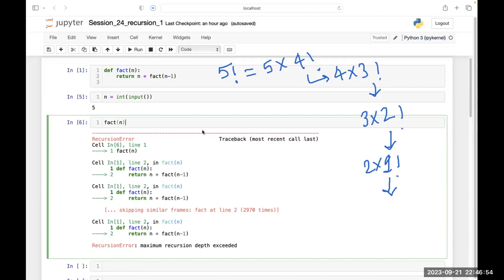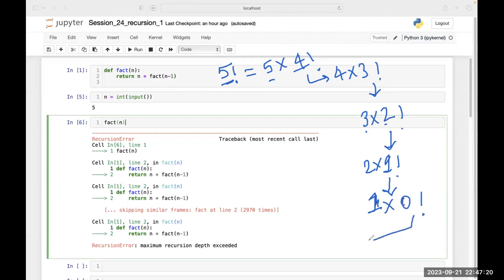You can understand what is actually happening by taking this example. I asked to calculate 5 factorial. It tells me to calculate 5 into 4 factorial. This 4 factorial tells me to calculate 4 into 3 factorial. This 3 factorial tells me to calculate 3 into 2 factorial. This 2 is 2 into 1 factorial, which tells me to calculate 1 into 0 factorial.